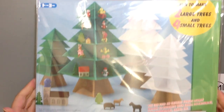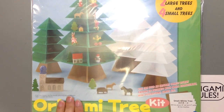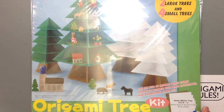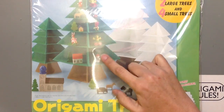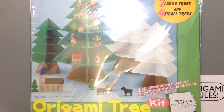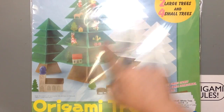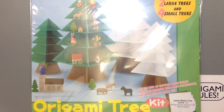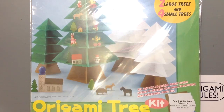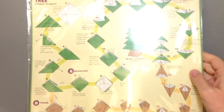And this is a kit that, I don't know if you guys can see the whole thing in this shot here. It's released by Toyo, and it features that classic modular Christmas tree, and it has all the paper pre-cut for you. You wind up being able to make 4 trees, 2 large ones, one green and one white, and 2 small ones, and it has all the information in English and in Japanese, and then the instructions on the